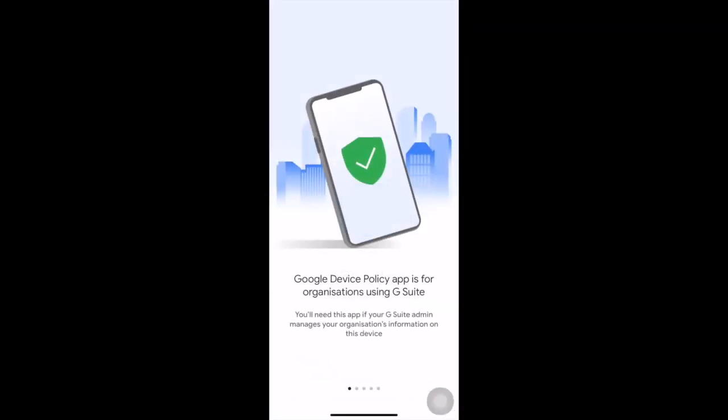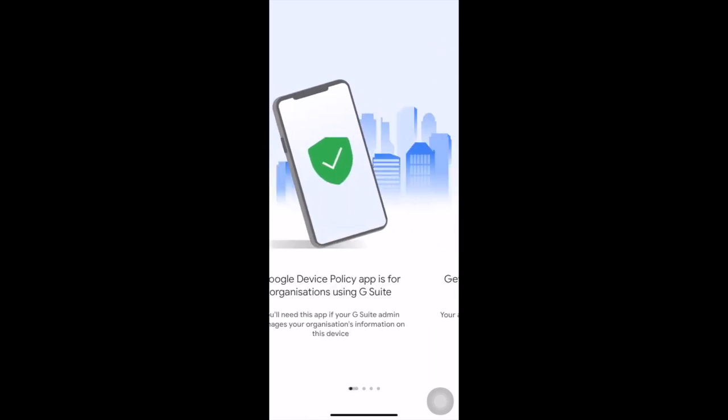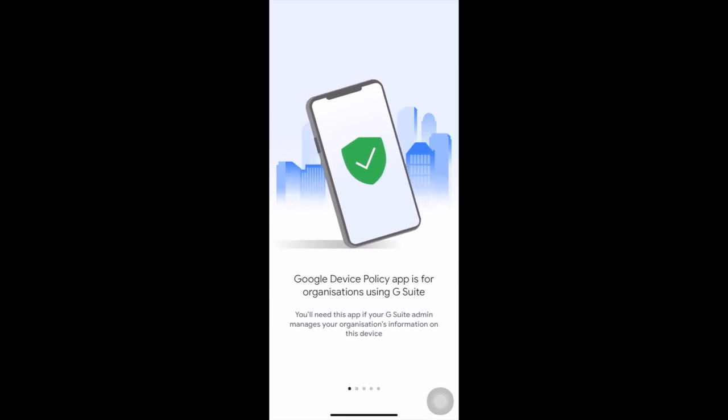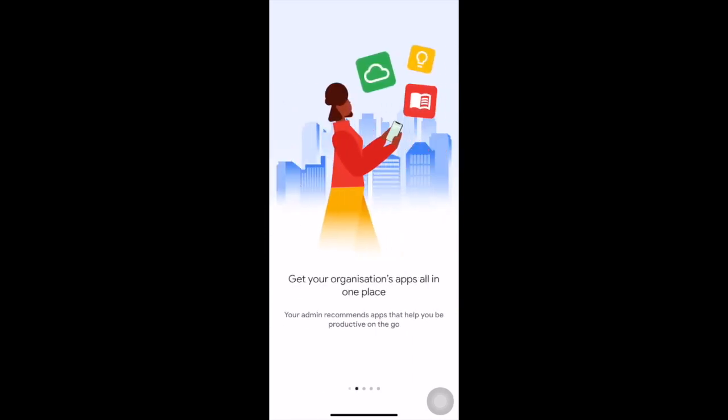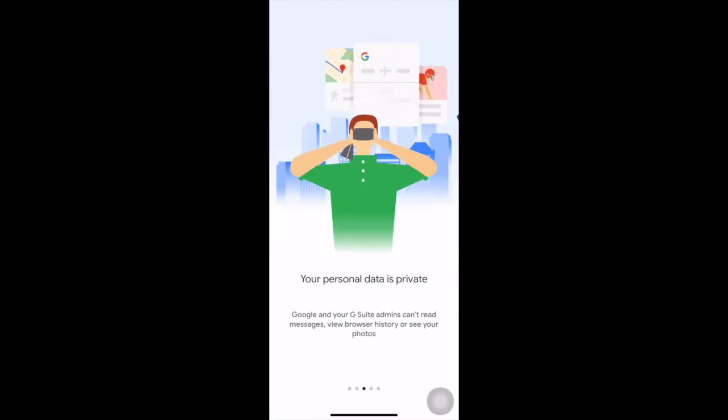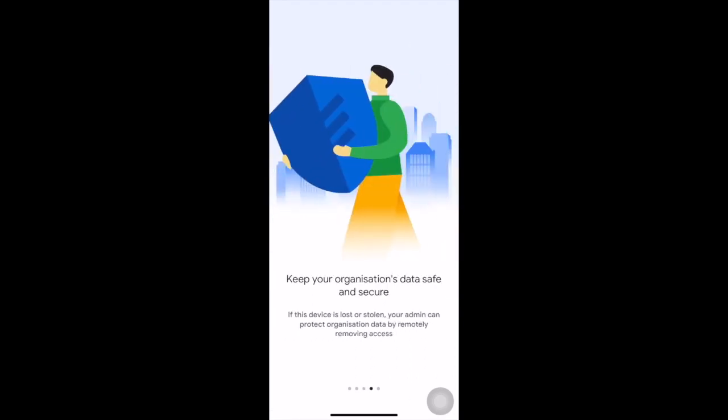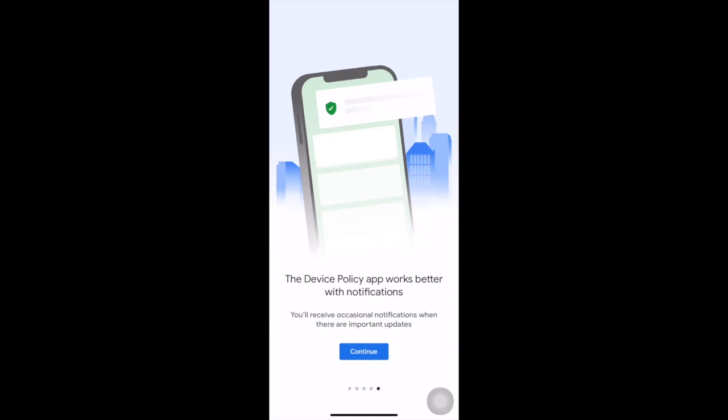Yes, now Google Device Policy has been installed. Just swipe up for next pages. It will be asking you for all the permissions and security reasons, so we should accept all this.